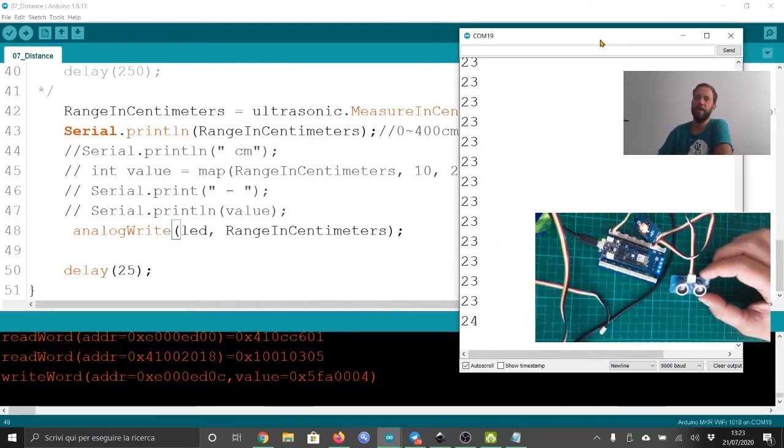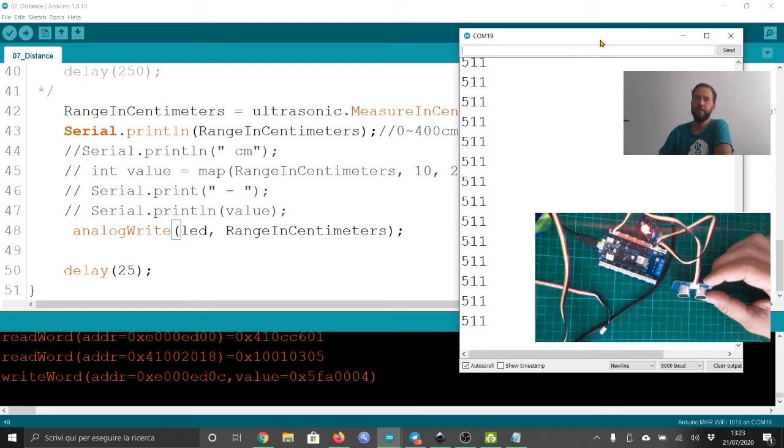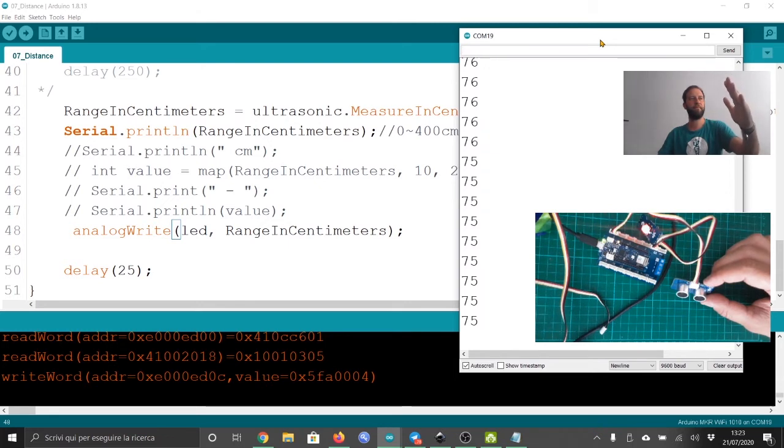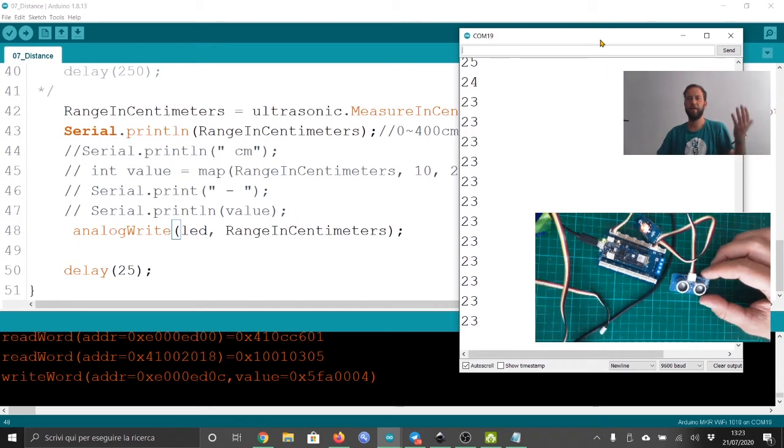If I move it around, it's blinking a lot because now it's 511. But if I get closer and move, it changes even more. Now I'm not able to show you what is going to happen because, yeah, I don't have arms long enough. But the problem is that